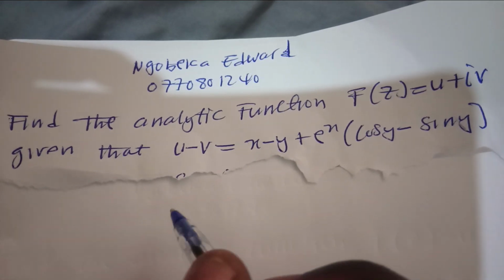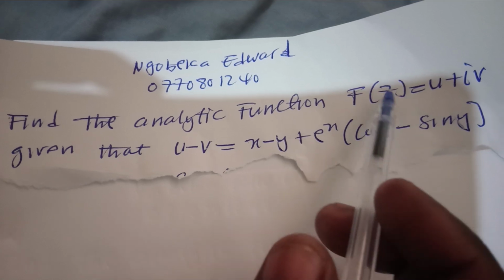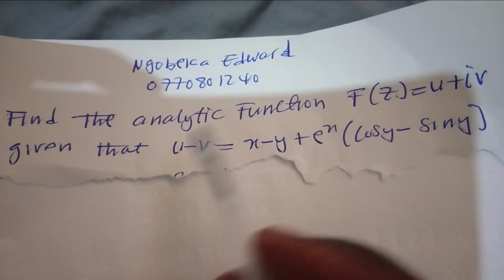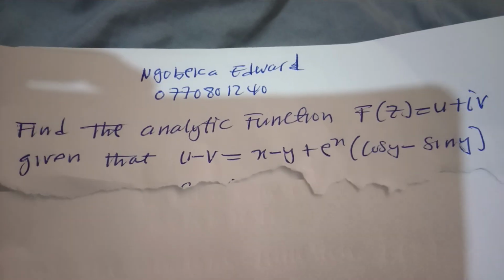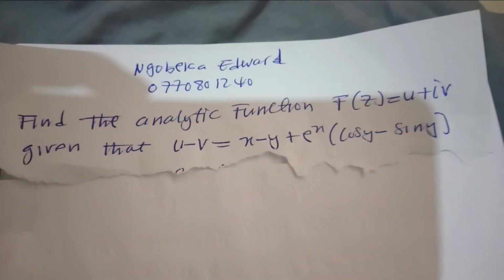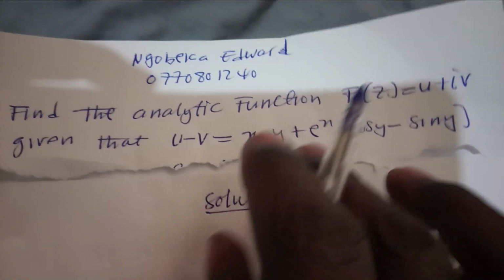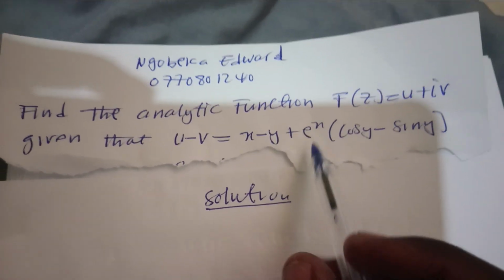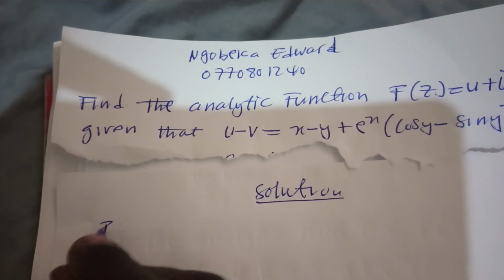Today we are going to solve this question. Find the analytic function f(z) = u + iv, given that the real part and the imaginary part are given. So, solution. Since the imaginary part and the real part are given, what we should do,